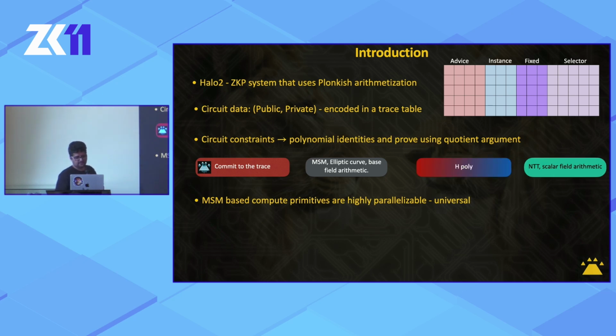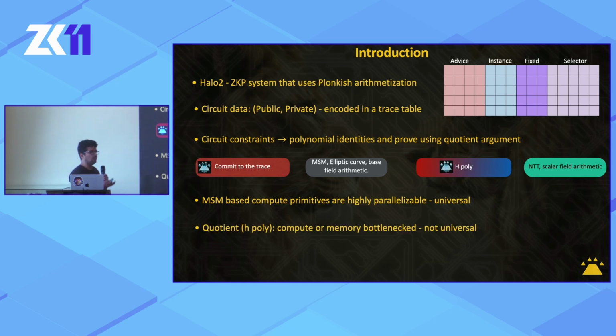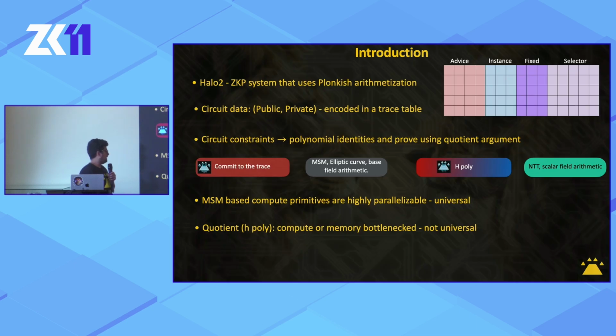But on the other hand, the quotient polynomial is a sort of varied quantity. It depends on which circuit you are using. It could be compute bound or memory bound, depending on which kind of circuit, how you are optimizing, how you are calculating the circuits, and so on. The main bottleneck there is number theoretic transforms, and it uses mostly scalar field arithmetic. And the big problem is that this is not universal. As a hardware company, we want to look at things which are universal, so you can build effective solutions. And the goal here is to see if there are ways we can come up with